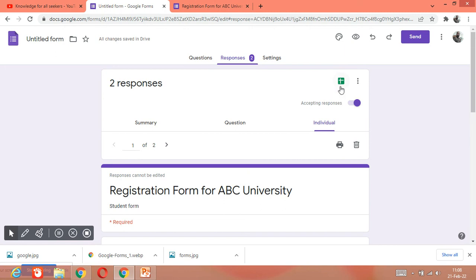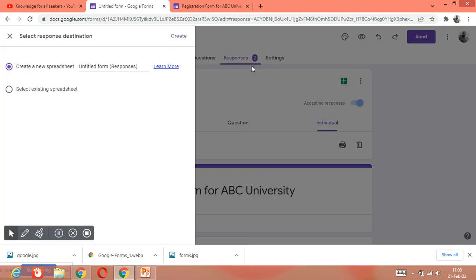Just click on this spreadsheet. Okay, click on create spreadsheet, create new spreadsheet. If you want to write a name, okay, then you can select the name or write a name also. For example, registration form, okay, for example, and then click on create. Okay,